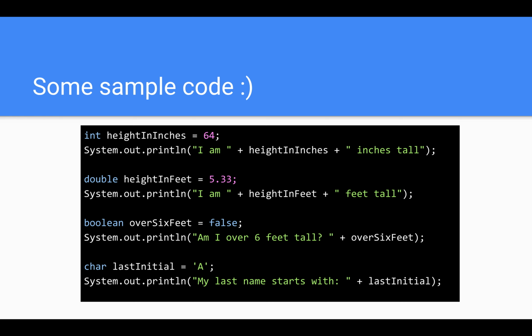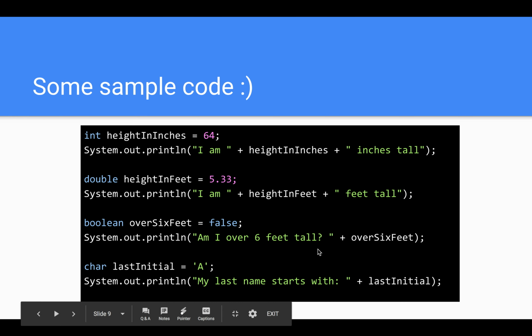Some sample code. So here are examples of the 4 main types you'll be using. For instance, int heightInInches is 64, and that'll tell you I am 64 inches tall. heightInFeet is 5.33. This will print out I am 5.33 feet tall. overSixFeet is false because I am not over 6 feet, and this will print out, am I over 6 feet tall? False. And lastInitial is a capital A,